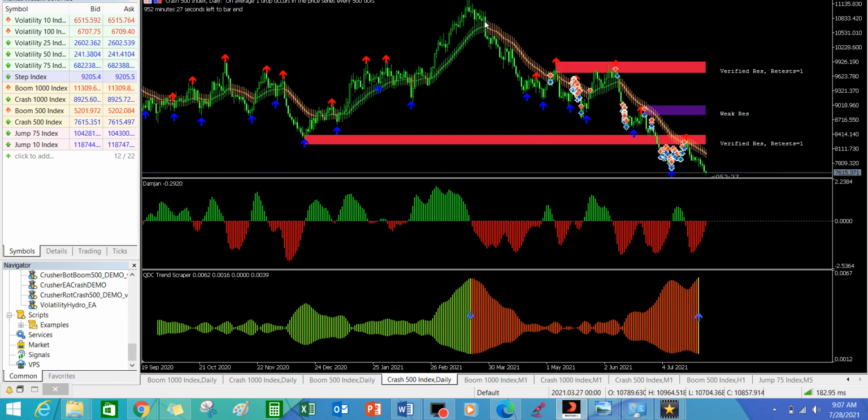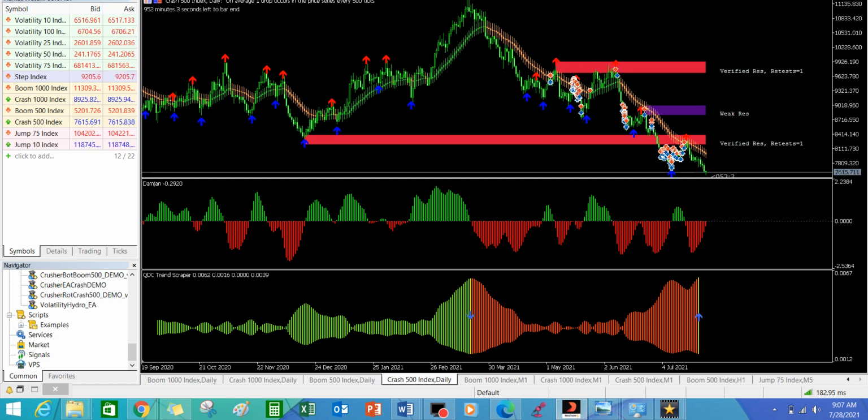You can see the market's movement. It went from here down to this level. Right now it is trying to trend into an uptrend, but it will find it difficult to break out successfully. But it is going back on uptrend, and be prepared for that, guys. On Crash 500 we'll be experiencing more of uptrend than downtrend within the next few days now. So that is how amazing it is.